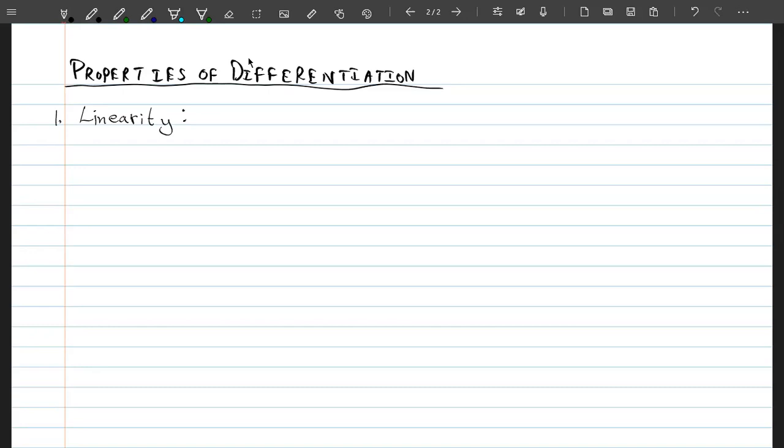Similarly, one more aspect of linearity is if you have a constant scaling of a term, so you multiply it by some 2 or 3 or some unknown constant, and you want to apply whatever operation is there on it, it's enough to apply the operation first and then scale it. So we can write this in a combined form. In this case, differentiation is the operation that we are talking about. What it says is, if you want to differentiate